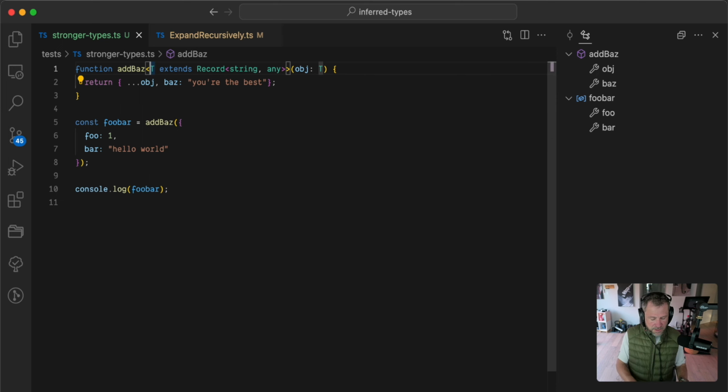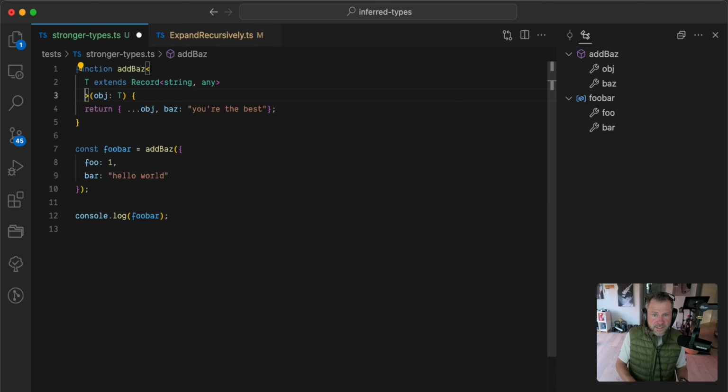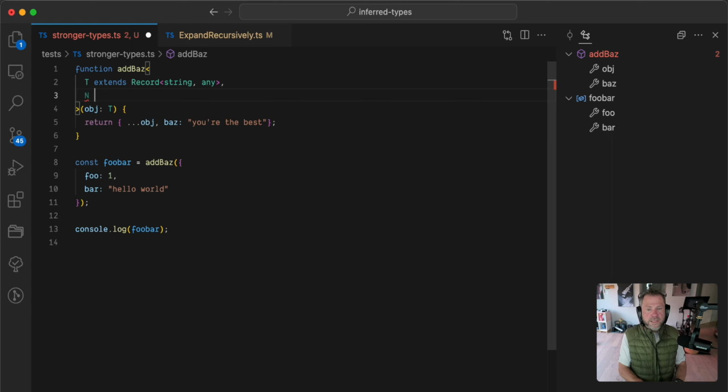So I'm going to just change the formatting a little bit because I think it's easier to see this way. Okay, so what we're going to do is we're going to go from one generic to two. So I'm going to create a generic called N. Now, the naming convention for generics is pretty much whatever you want it to be. There are some conventions. If I have just a very few number of generics, I'll almost always start with T. A lot of people will then use U as the second one. I'm just going to use N here because to me it represents a term, narrowable. But again, you can give it whatever name you like.